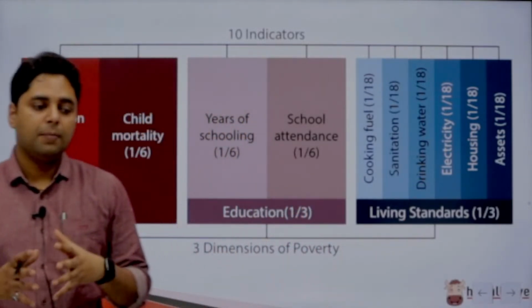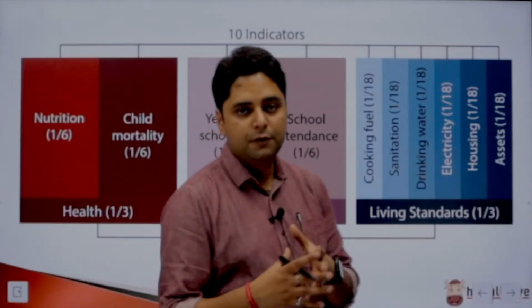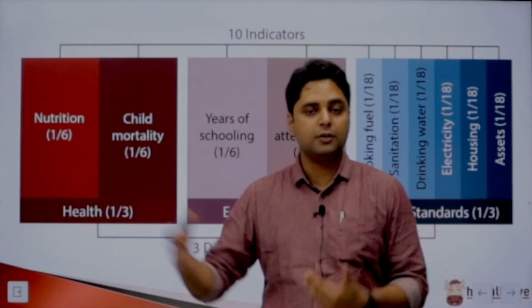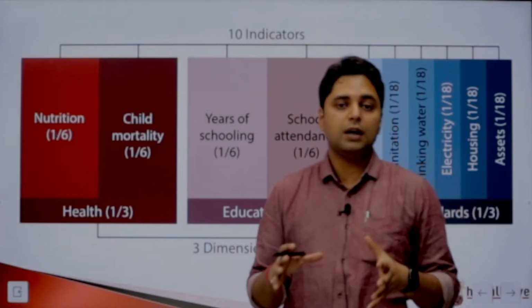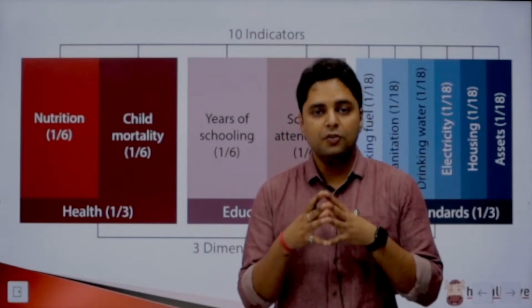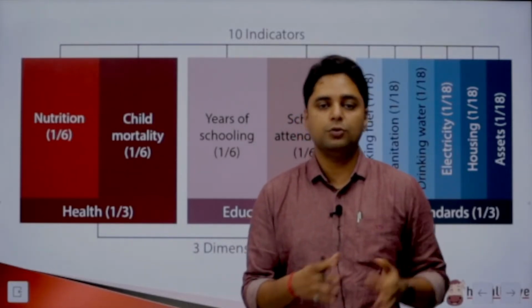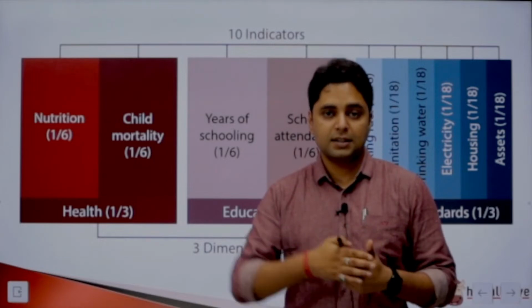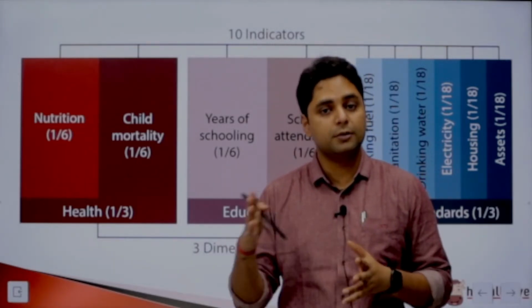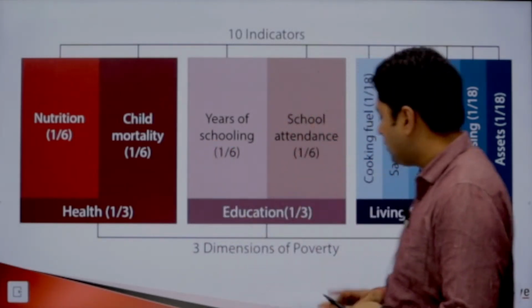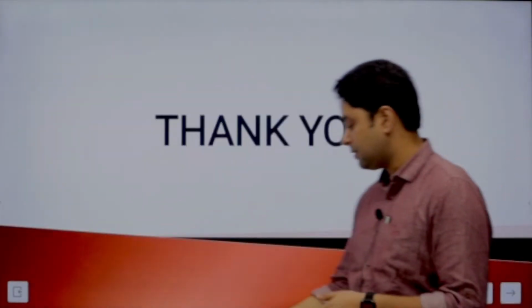So it is this welfare oriented administration over the past few decades that has resulted in this reduction of poverty. And if we keep hitting the right chords over the next few years, there is no doubt that by 2030 or at the max 2035, India can reduce the incidence of poverty to less than 2 to 3%, which will make it an ideal place to live. And if we step up the gas right now, then we might even be able to achieve this by 2030, which is the target year for Sustainable Development Goals. So that is the hope that this index gives to us this year. And that is the hope on which we should build upon.